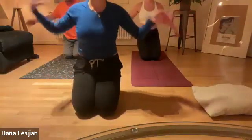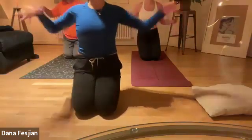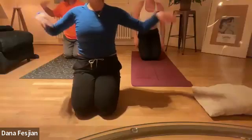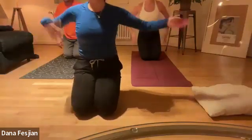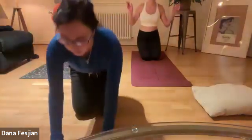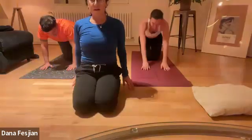Good, and then do it again. And then shake both arms. You can still keep those hops or you can just stay there. Really shake out something that you don't need. Let it go, any stagnant energy. And then hands come down back in front of you, untuck the toes, sit on your heels, and then just